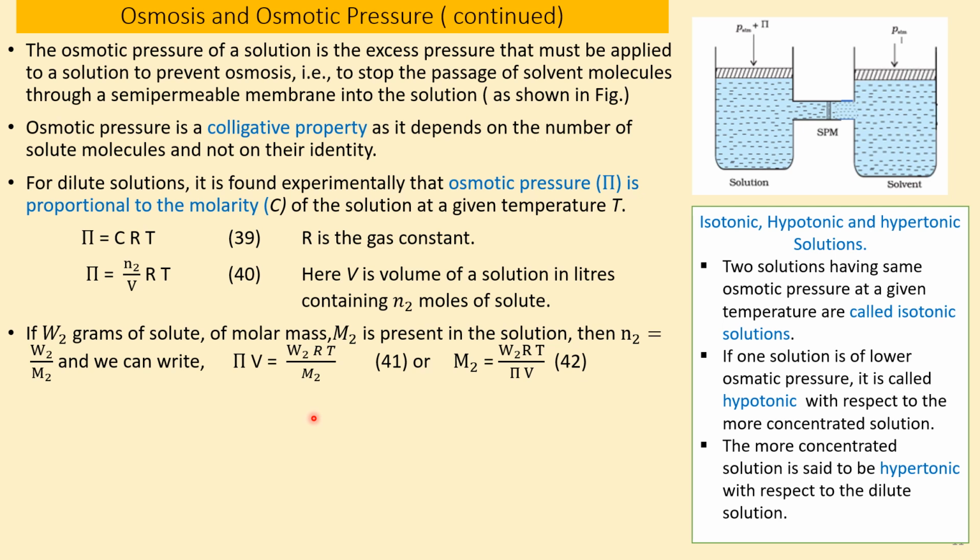Now we will further describe the isotonic, hypotonic and hypertonic solutions. Before that, measurement of osmotic pressure provides another method of determining molar masses. This method is widely used to determine molar masses of the proteins, polymers and other macromolecules. The osmotic pressure method has the advantage over the other methods as pressure measurement is around the room temperature